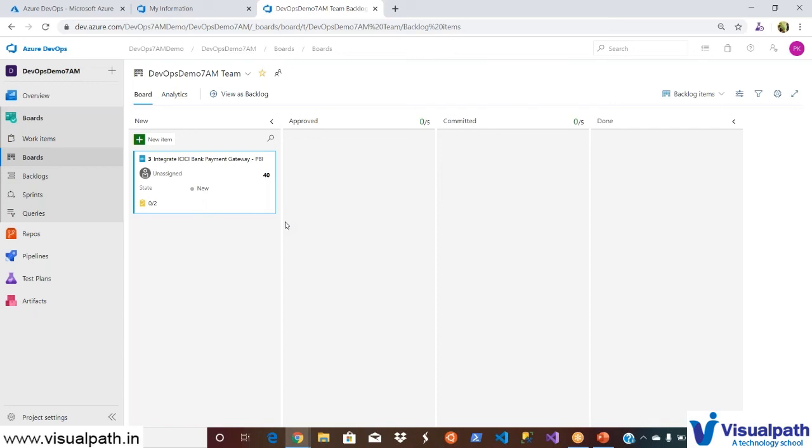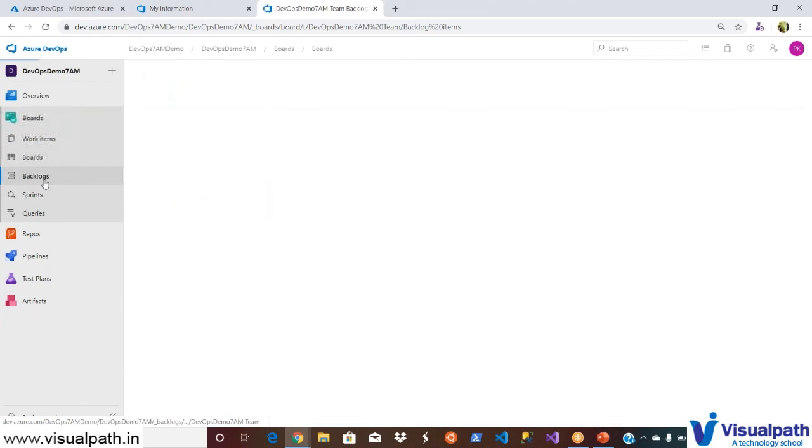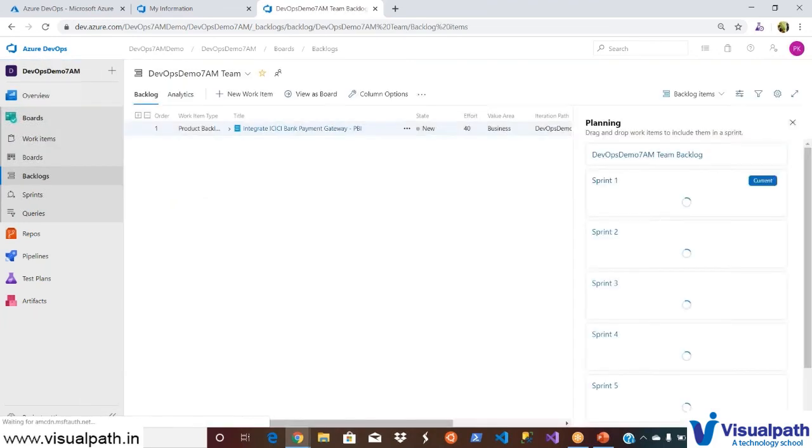If you are doing these planning activities using Excel sheets or some other way, then it will all be cluttered. Nobody can have any traceability whether we are going as per the schedule or not. So this tool will help us to do all such activities. I'll be doing such activities tomorrow.